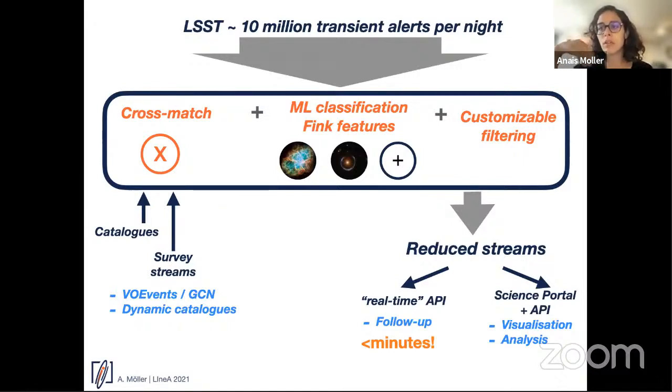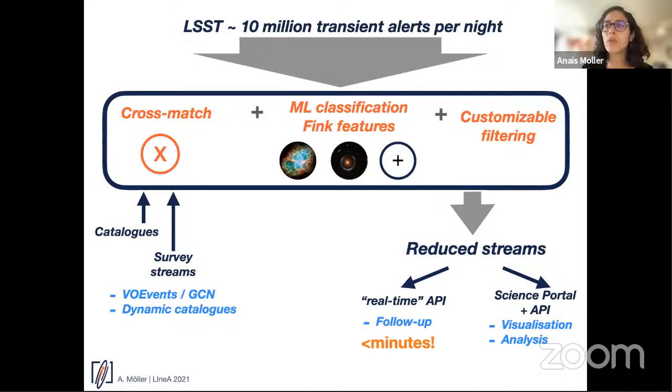So basically you can query every 15 days through the science portal or the API. You say, look, I want all the candidates of solar system by the filter solar system. You give it a name, rotational, let's put it that way. You can do that, and that will be available to everybody.